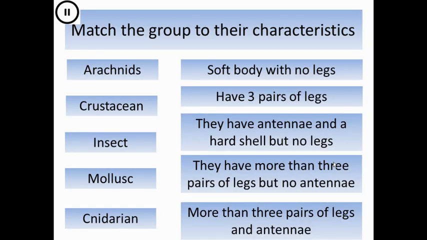So what I want you to do now is remember, you don't have to do any of these activities. You don't have to write them down, okay? You just need to do them in your head, maybe chat with someone else in the room if there's someone there with you. Okay, so what I want you to do now is to match the group. We haven't got all 7 of them here, we've just got 5. Match the group with the group characteristics, okay? So if you want, you can go back in the video, use the flow diagram. That's absolutely fine, but you need to match the word with the group characteristics. So if you do that and pause the video now.